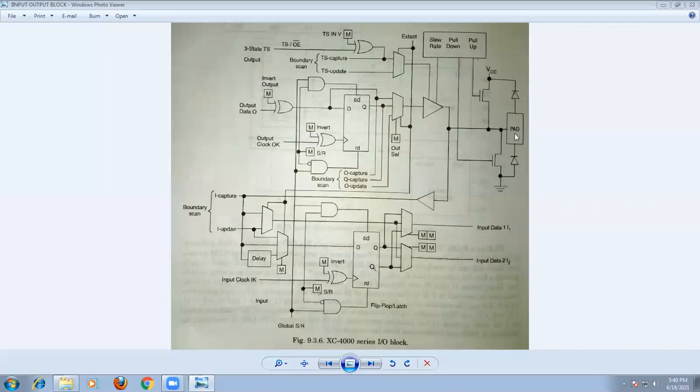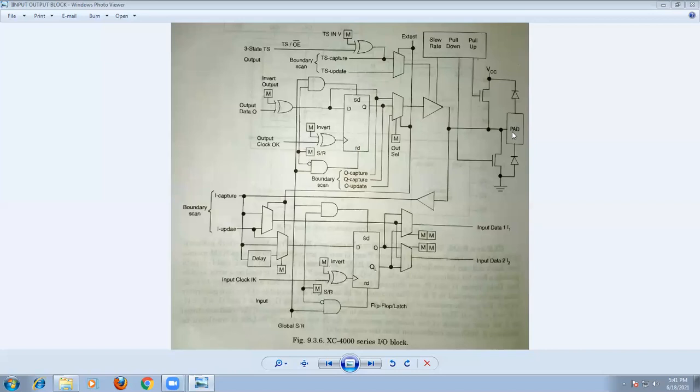That means we can consider this as both an input pad and an output pad. It behaves like an input pad as well as an output pad. Therefore, by using this pin, the external inputs are given to the logic cell and the logic cell output can be taken to the external output. That is the function of this pad. This is nothing but one pin, which can be considered as the input as well as the output.